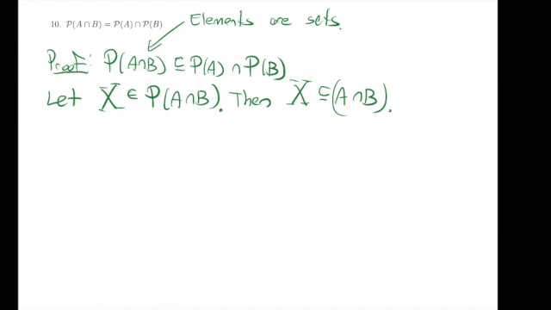What does it mean for an element to be in the power set? And so if X is a subset of the intersection of A and B, then that means